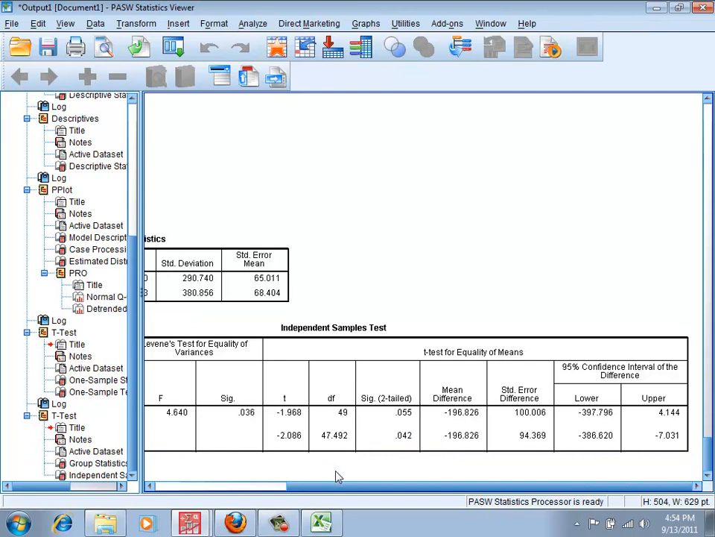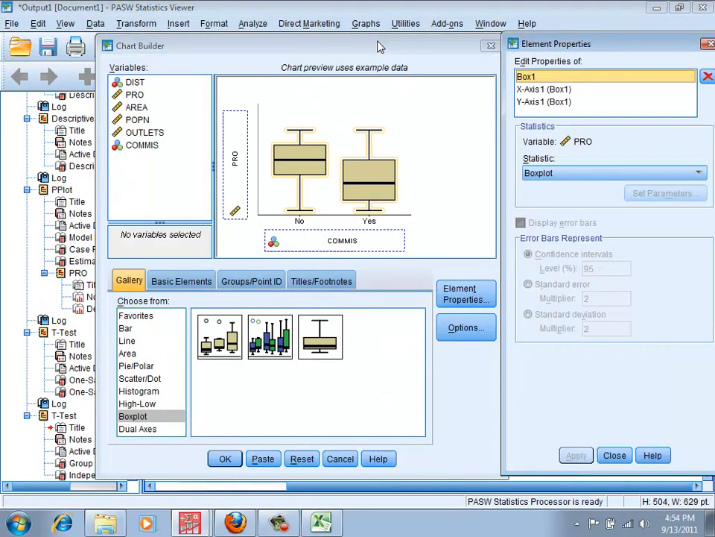Okay, what we're going to do next is construct a scatter plot of two variables. Again, to create graphs, we go to Graphs, Chart Builder, and then